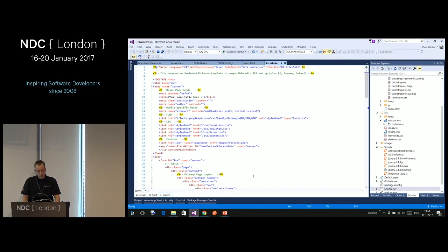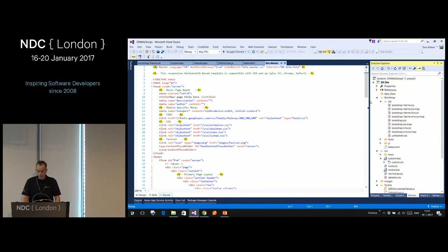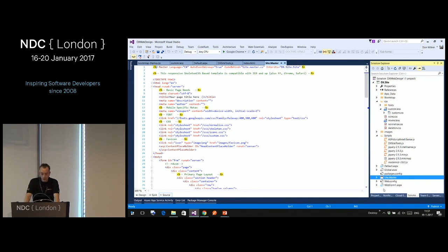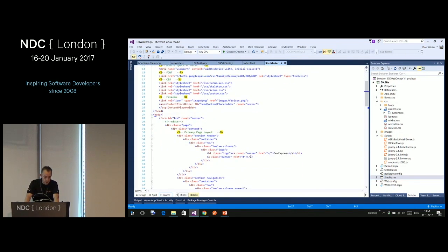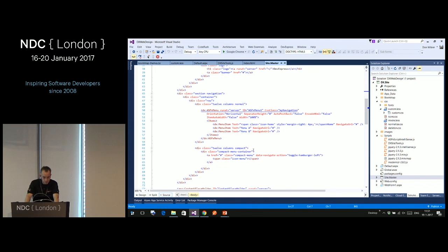So I've set up a small project. The project doesn't involve a lot of things here. Let me collapse that one. And the master page is the main setup here. And what I further did, I set up a less file. Is anybody familiar with less? Sort of. Okay. So less is basically a